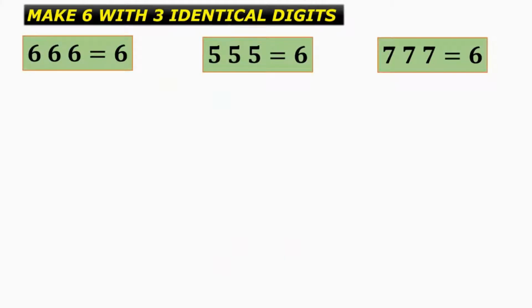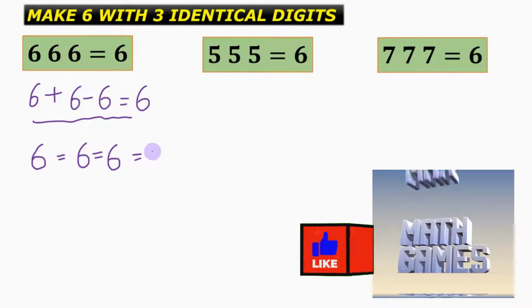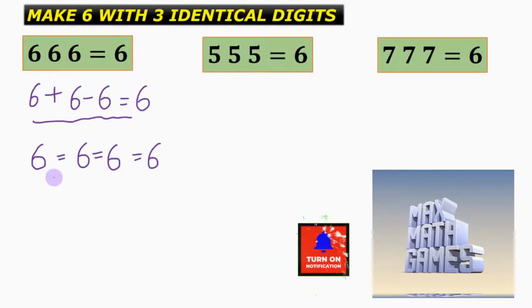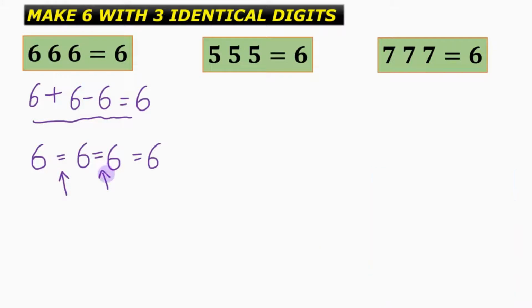6 equal to 6. There can be more than one method by which these questions can be solved. Now these are the simpler ones. So we use 6 plus 6 minus 6 is equal to 6. This is method number 1. And secondly, one of my students gave me a brilliant method, and that was 6 is equal to 6 is equal to 6 is equal to 6. The argument he gave was, sir, we cannot use the not equal to sign, but there is no restriction on the equal to sign. And I thought that was a fair argument. So this is another solution for this question.